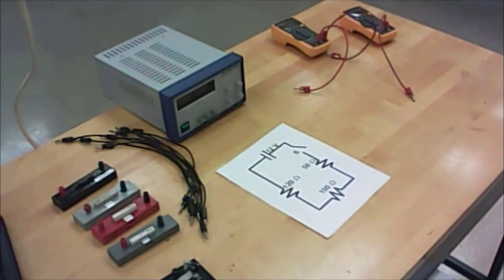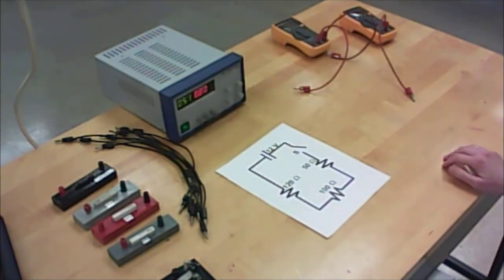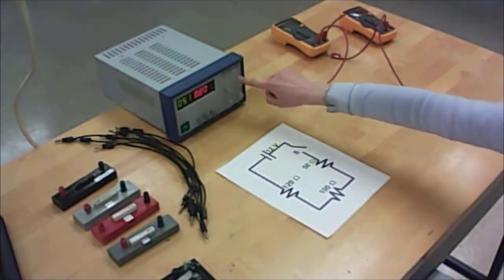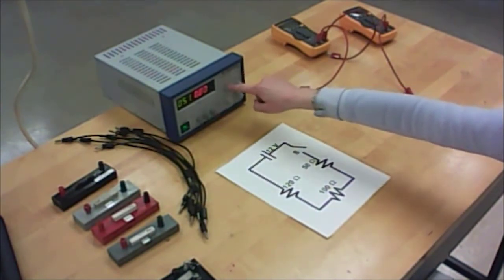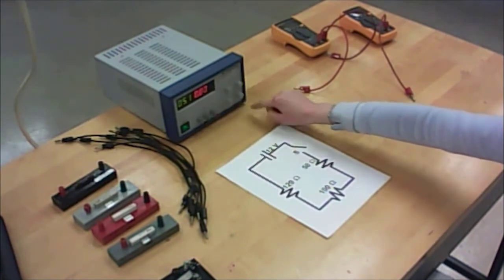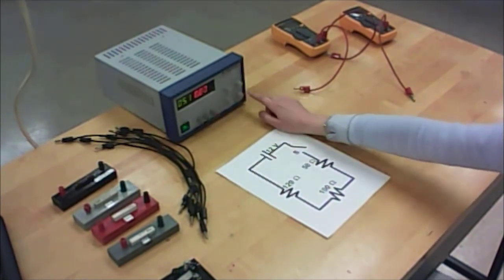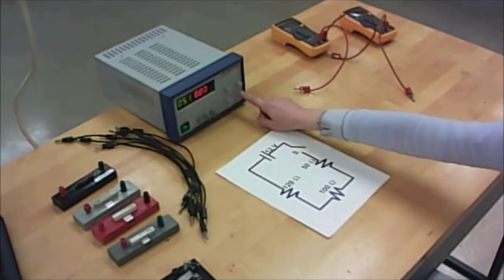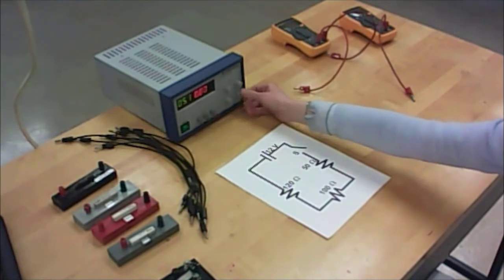Now the first thing you want to do is to set up your power supply, and we want the current to be maxed out and the voltage set to 12 volts. You've got 4 knobs here, and in both cases there's a coarse adjust and a fine adjust. So the top 2 are for the current and the bottom 2 are for the voltage. The current knobs you can twist all the way to maximum, and with the voltage knobs, use the coarse adjust to get close to 12 volts, and then use the fine adjust to fine-tune it exactly. So you do this the best you can,